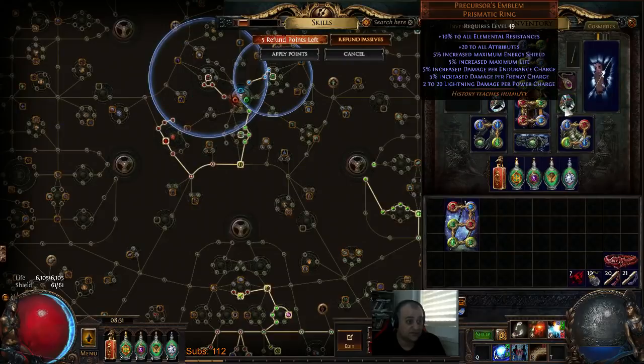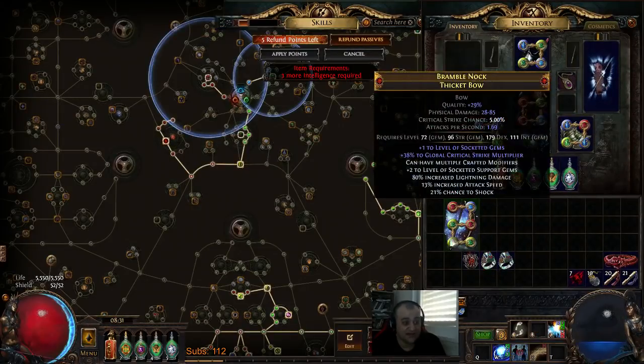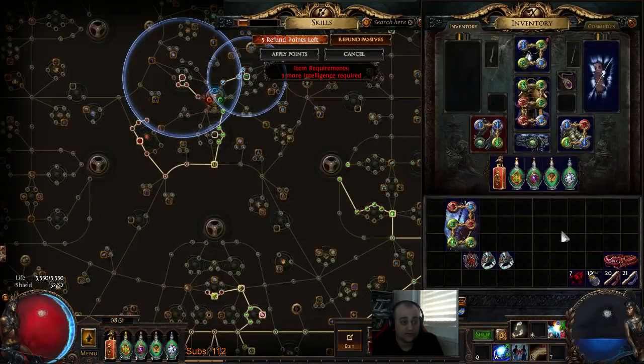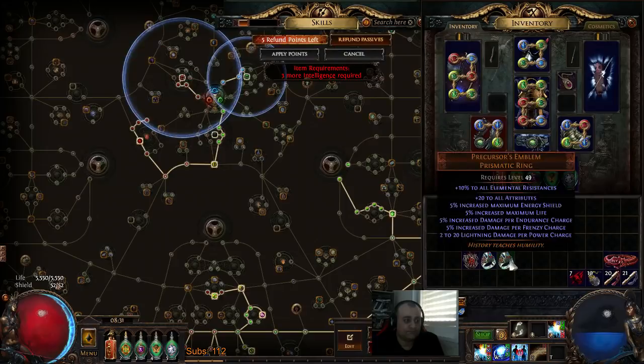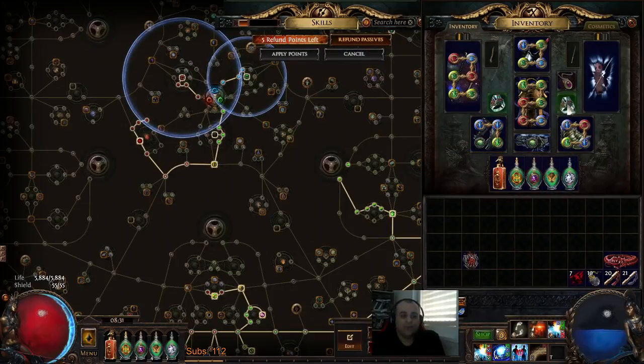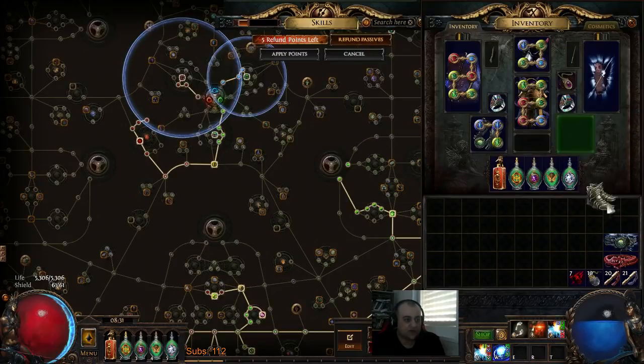So when we first started, we had this and we had this. This is how we started it out, right? This is all we had. And then I was like, pretty much for every attack build out there, what you want is